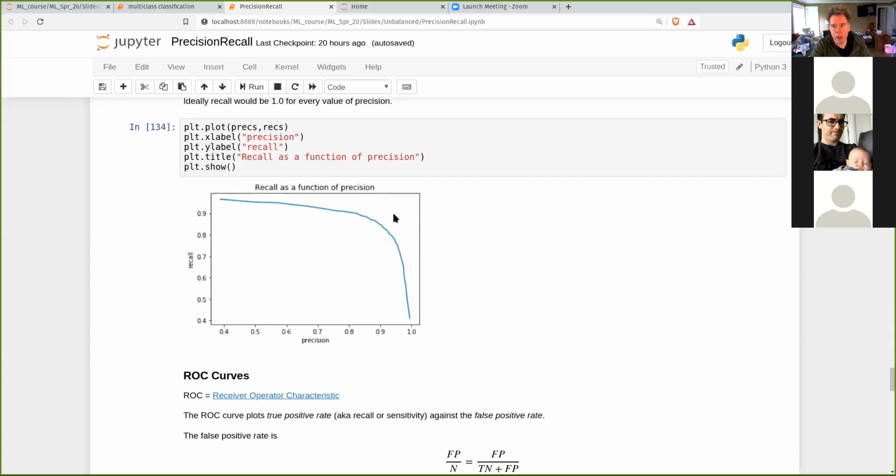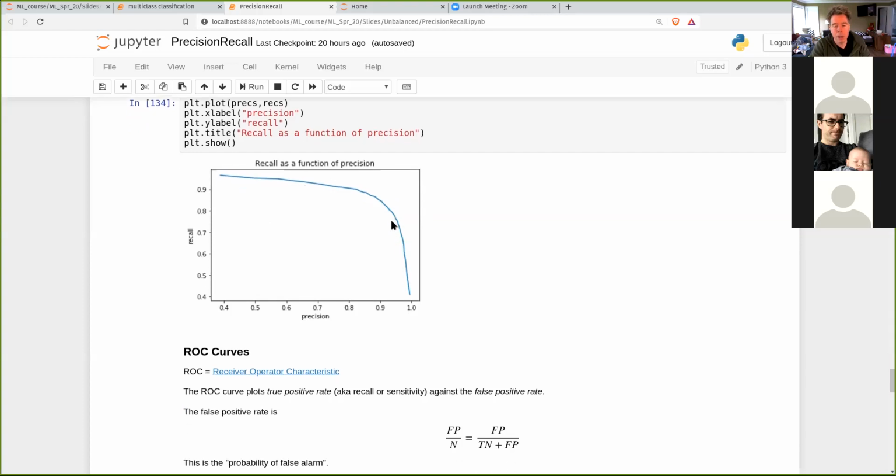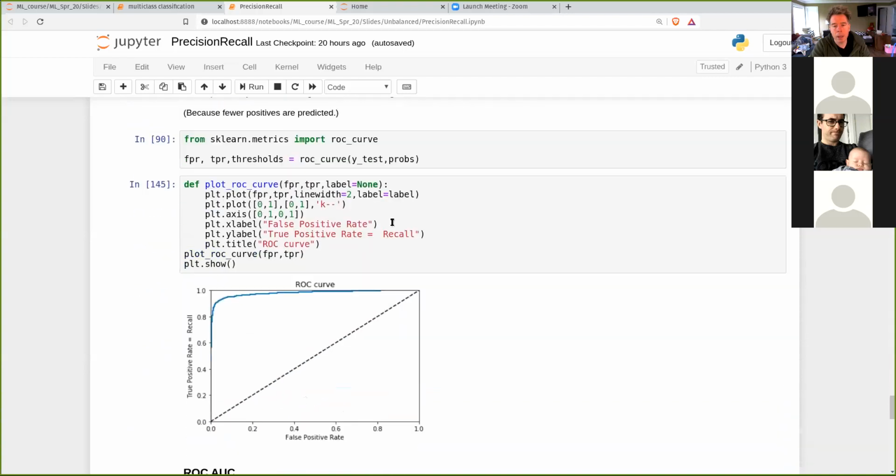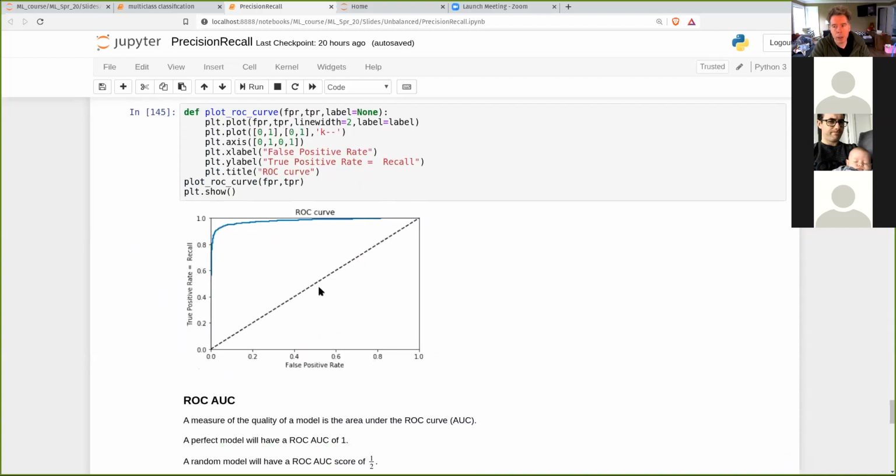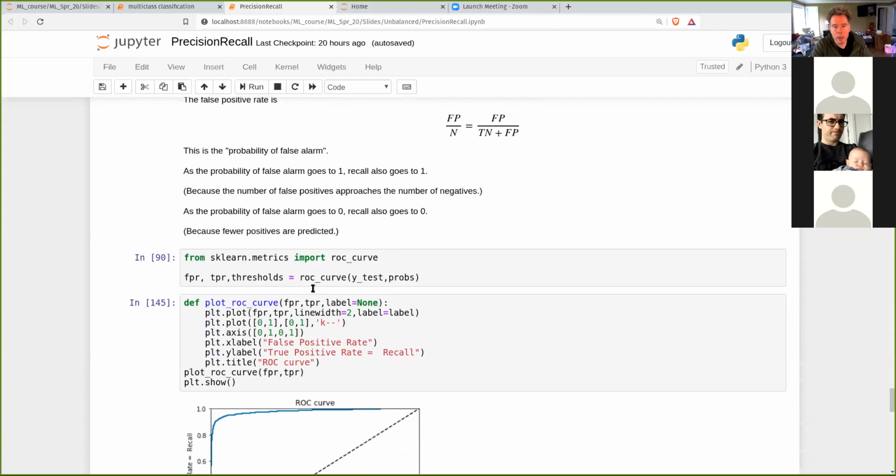It would be 1. So one way to measure the quality of a model is the area under this curve, and then comparing that number to 1. And we're going to get to that. It's just that it's more common